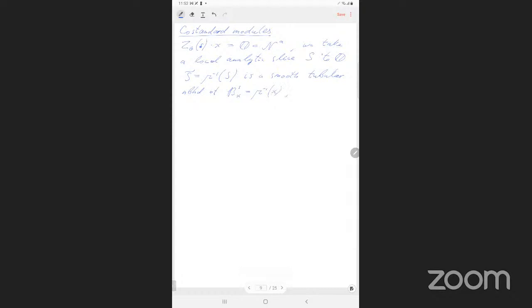And it is homotopy equivalent to the fiber itself, so this fiber B_S^X is a homotopy retract of this neighborhood. Okay,